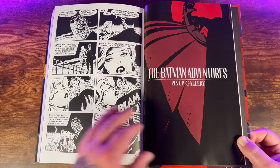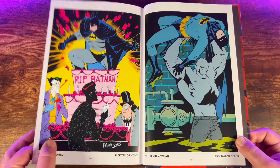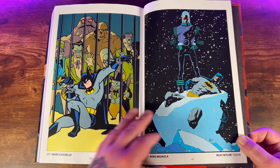In the back of this omnibus, you do get a little bit of bonus content with some pinups, some creator bios. This has a hefty price tag,